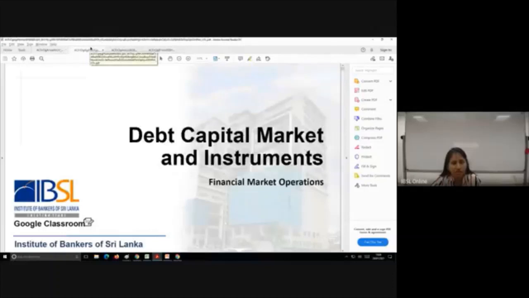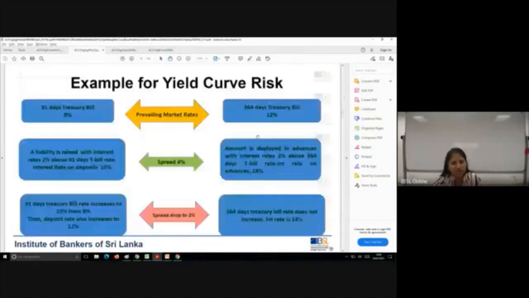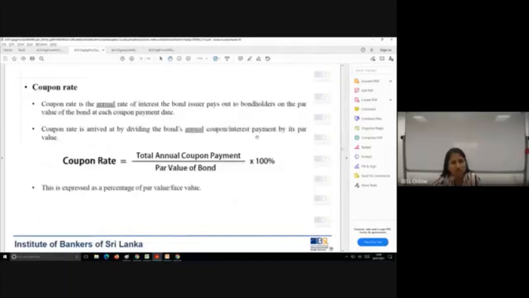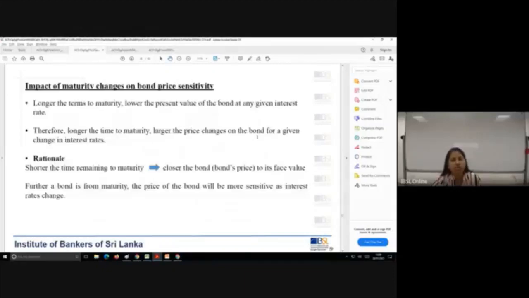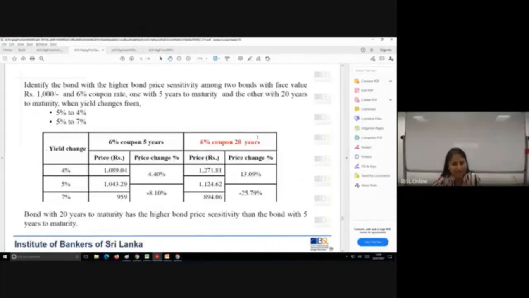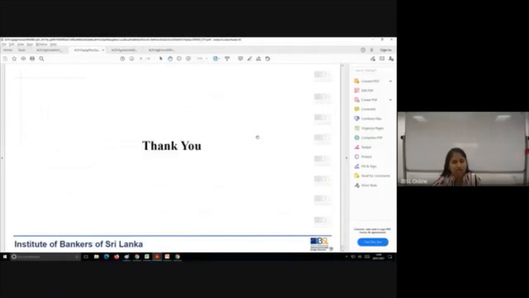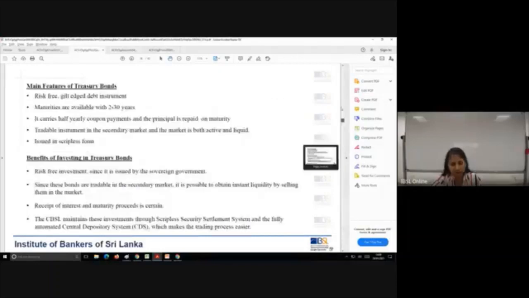And let's now get into the introductory bit of the debt capital market and instruments. Now, this is a very, very big chapter and one of the most important lessons in your syllabus. You can see it has 62 slides. Okay, it has all the different calculations, all the different jargons that you dream of. Everything is involved here. But we are going to go through it slowly and learn it clearly, because this is going to determine at least 30 to 40% of your exam marks.